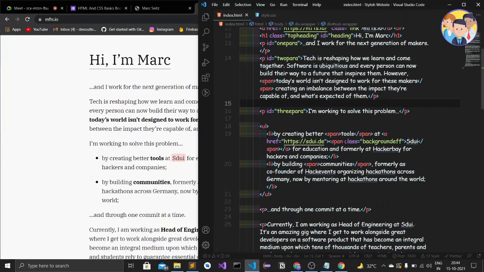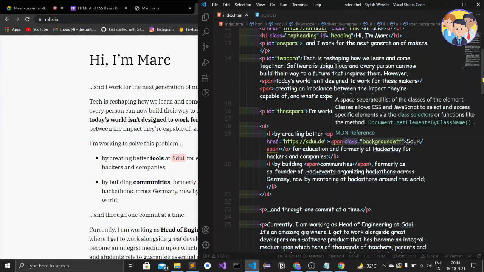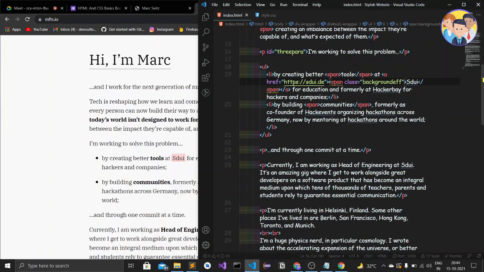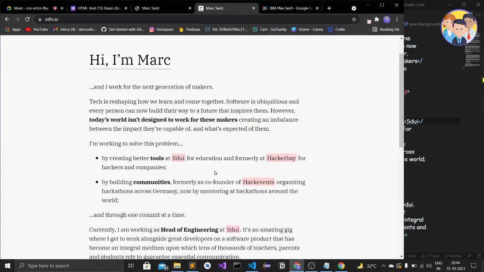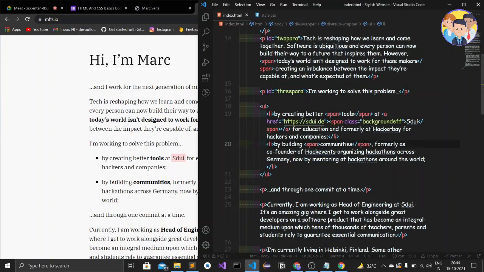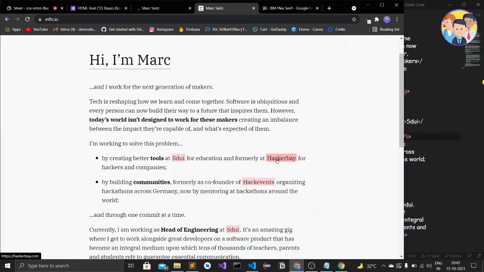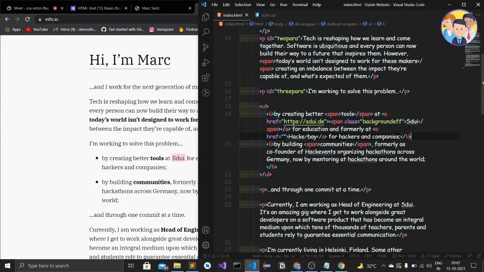A span with the class of this one. Let's copy this one, control C. I want to do it for Hackerbay. Firstly I'll add the a tag, and after Hackerbay, I'll close this a tag, and inside that a tag, I'll give an href of hackerbay.com.